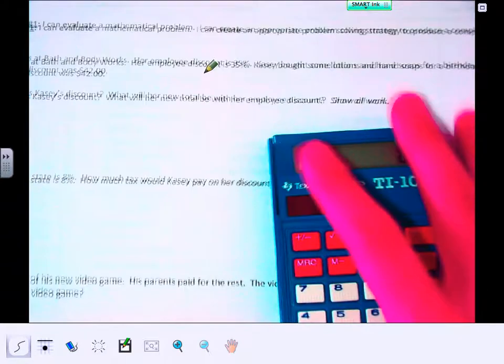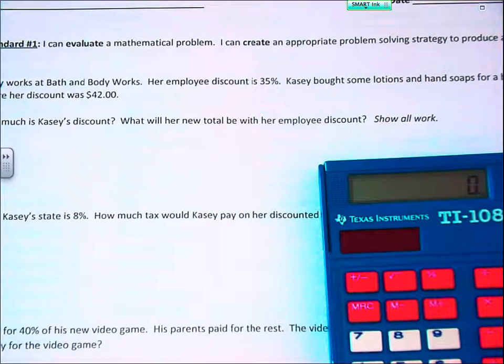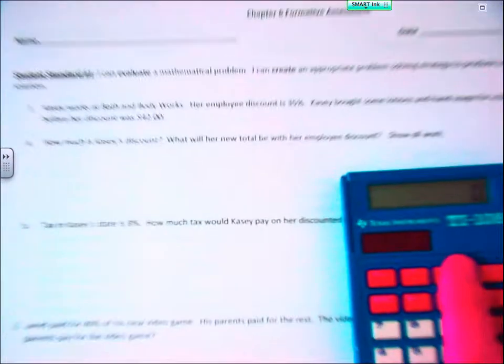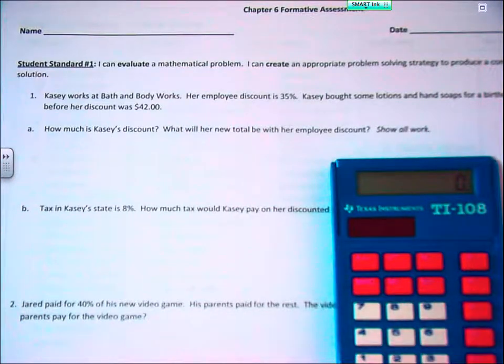All right, so we are looking at the formative assessment for Chapter 6. So as I'm doing this, I want to make sure that I'm doing all the parts. Tomorrow you're allowed to use a calculator, but you have to show your work, and then you're not going to be given the rubrics, so you need to know the rubrics and what you need to do on these